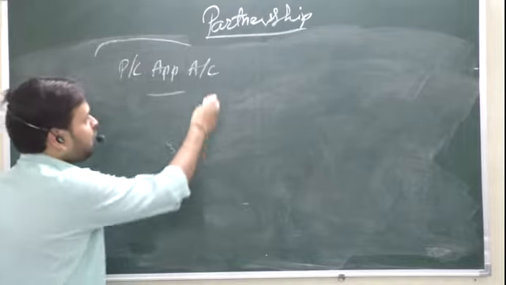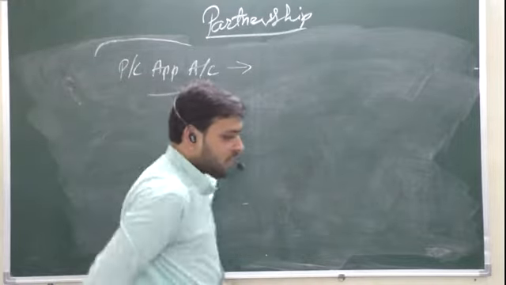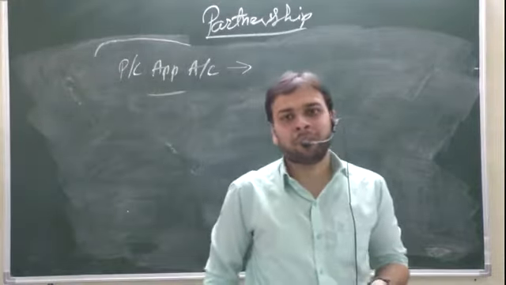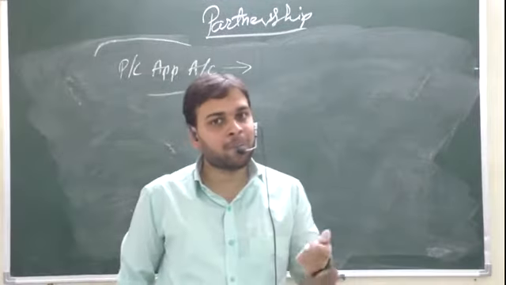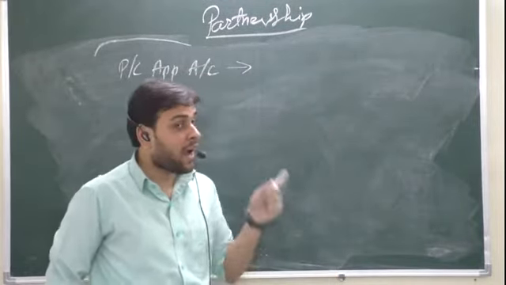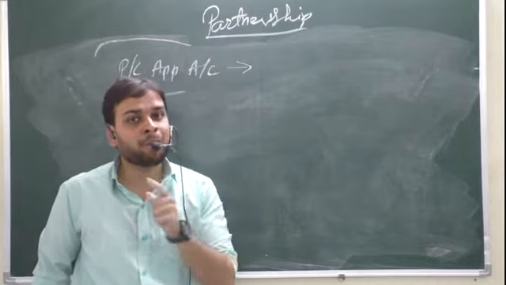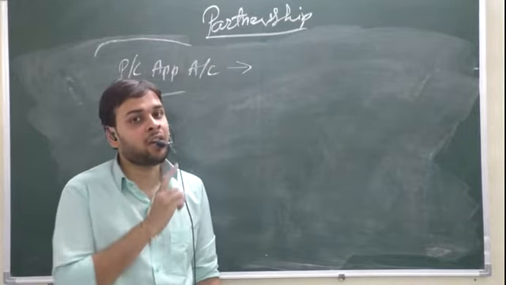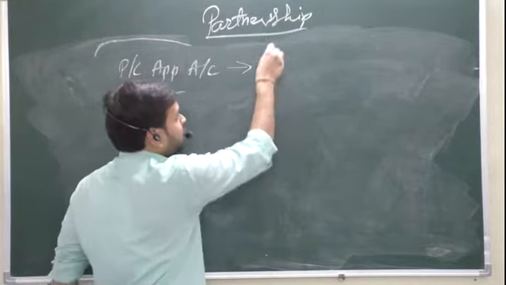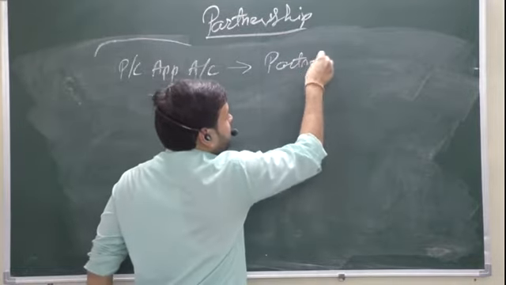But in case of partnership business, one separate account is also prepared, called the P&L appropriation account, and this account is prepared only and only in case of partnership